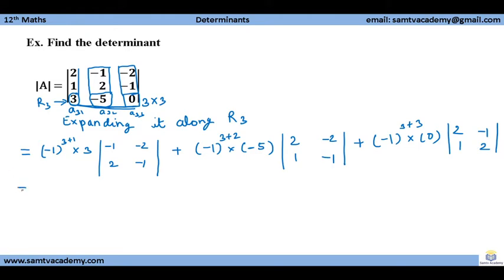So you can see that this is 3 plus 1, which is 4. This is an even value. So even will make no change in sign, because it is 2 times square, it will give a positive value. So here 3 will be there. We will solve this one. So this is -1 into -1 minus 2 into -2.